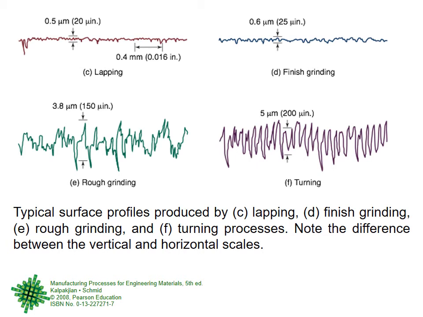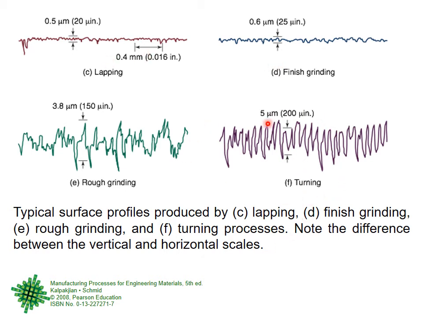Both ways, you can do rough grinding initially, and then you can do finish grinding. In rough grinding, the total variation is around 3.8 microns. And in finish grinding, it is almost half a micron only. And then there is a very high level of surface grinding called lapping. This usually you have not done in the workshop, but if you want to do lapping, then it is half a micron or less. So it is much better than finish grinding.